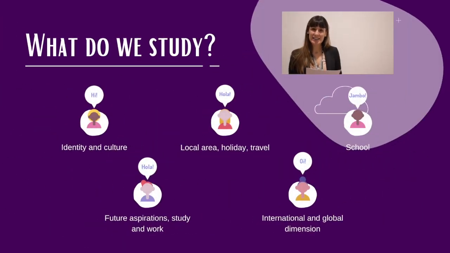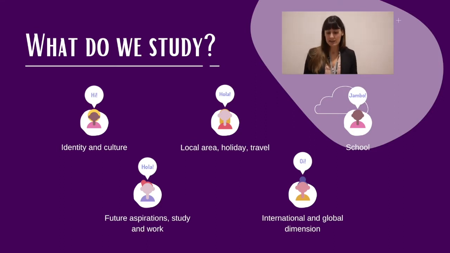Okay, so in GCSE, both in French and Spanish, we study 5 themes. The first one is identity and culture, and this is all about talking about yourself, and of course learning more about the culture in Spanish and French speaking countries. It is so good because in GCSE we have more time to deepen your understanding of that culture, which is the main purpose of learning a language, as I said earlier. So that's theme 1, talking about yourself, your families, your friends. Then theme 2 is talking about your local area, so your towns and how your town has changed over time.